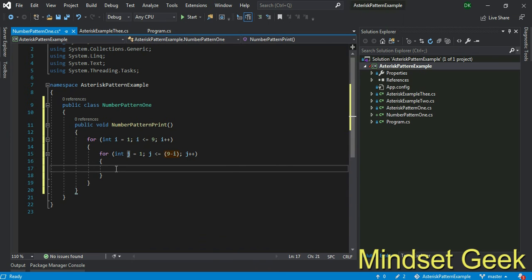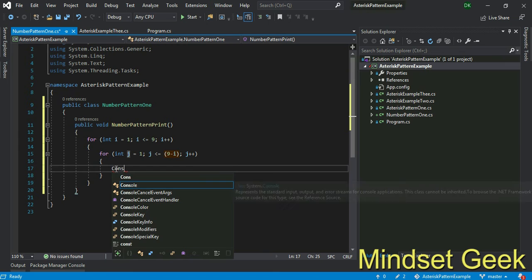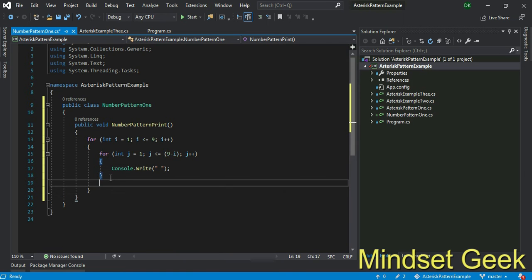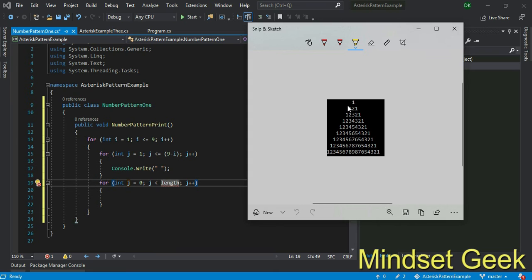You can see the console writes only spaces. This is for spacing, right? I add one more for loop. For what? For this incrementing value: 1 to 9, 1 to 8, 1 to 7, 1 to 6, 1 to 5, 1 to 4, like that. I use an increment for loop.